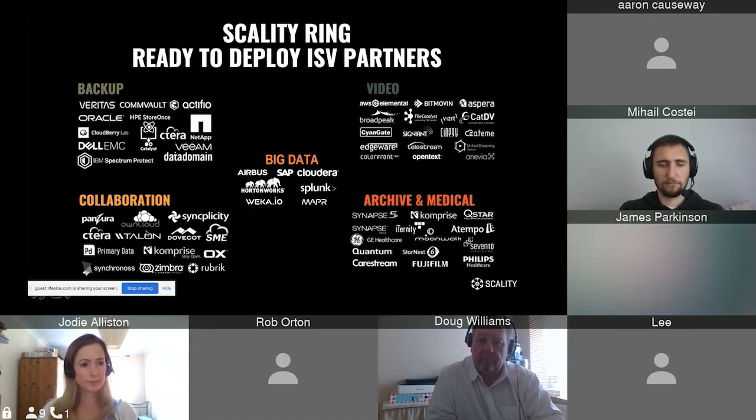Interestingly, collaboration as well. So we've got a partnership with Satera. Satera can offer ROBO type of functionality, so remote office, back office, file services. They can offer a unified namespace across things like a Dropbox type of enterprise sync and share functionality, as well as presenting file systems. Comprise, so we can be behind a data mover, and we've actually got